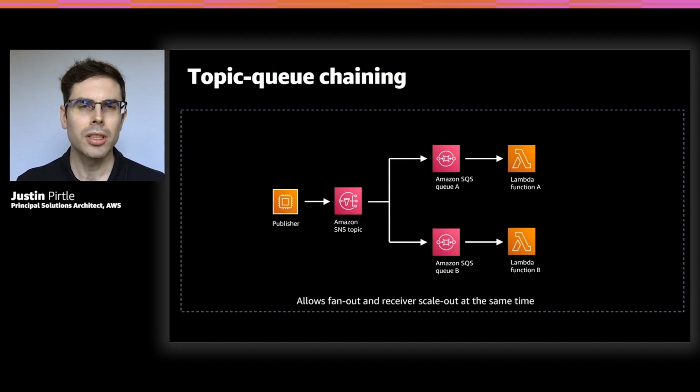Finally, I want to mention that these are not mutually exclusive offerings, and you can actually chain the two together. So we can have an SNS topic have SQS as a subscriber. So in this example, we have two SQS queues, both receiving messages fanning out the processing from the SNS topic, and then allowing their ability to buffer them in the queue and guarantee the at least once delivery for each independent processing pipeline that's now fanned out. So we'll take a look at this closer in our session as we go.